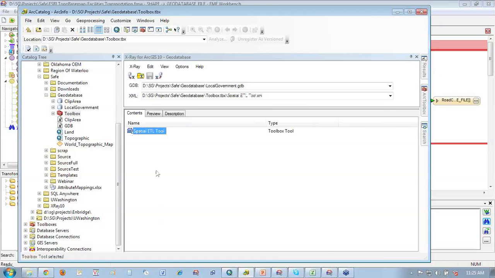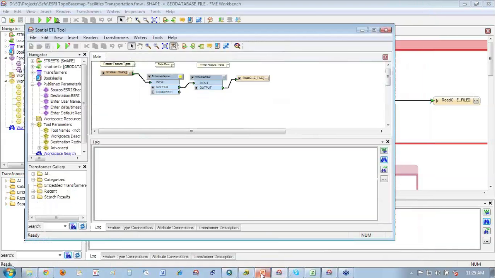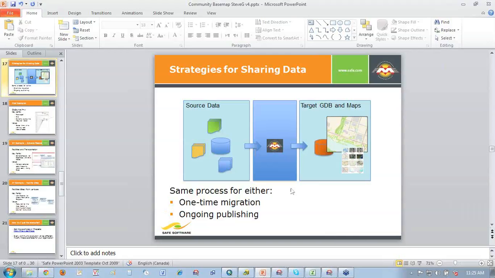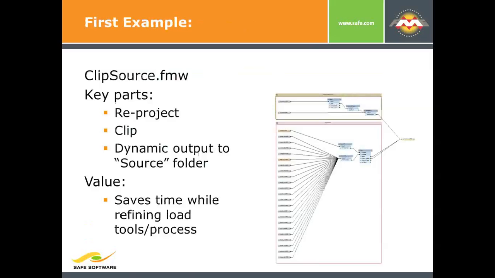And like Dale mentioned, because it's a geoprocessing tool now, you can pass it parameters, you can use it in other models, there's all sorts of ways that you can access this thing. And FME as a standalone product can also be accessed in a number of ways, but it fits very nicely in this context when you're using the data interop extension inside of ArcGIS Desktop. So again, it's a pretty powerful idea that we can go from the source to the target on either side here. And what I wanted to do next was just jump into a few different examples.